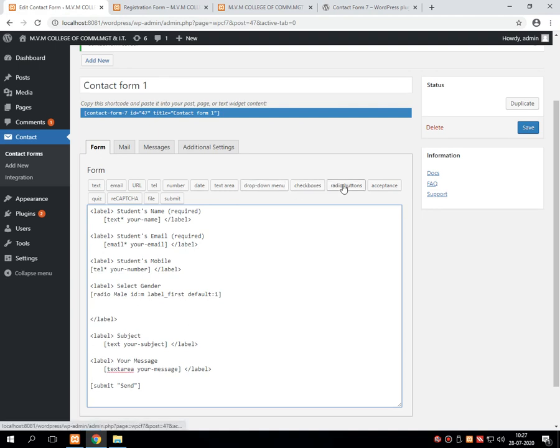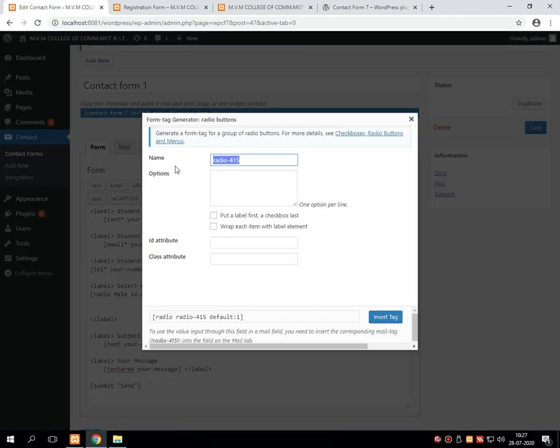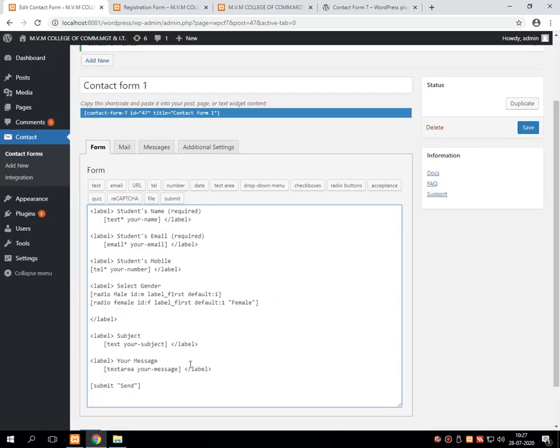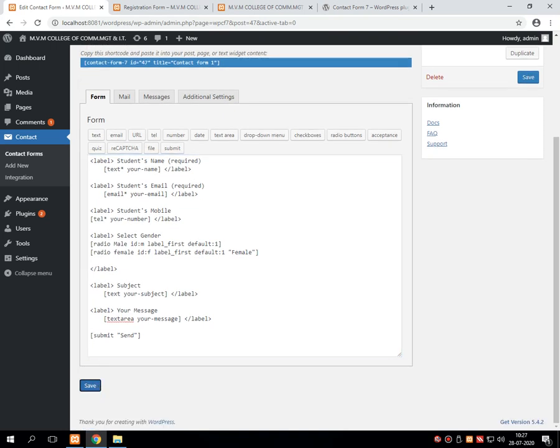One more checkbox I am adding over here, female, giving F, and here I am writing options equals one option per line. For example female, again I am writing over here. I am saving this content.